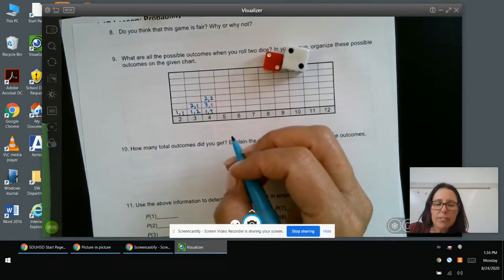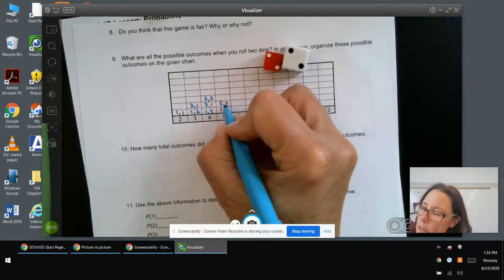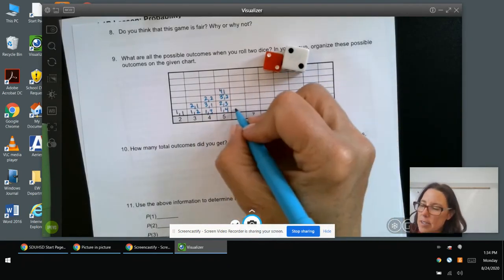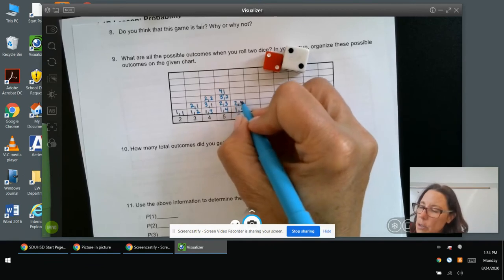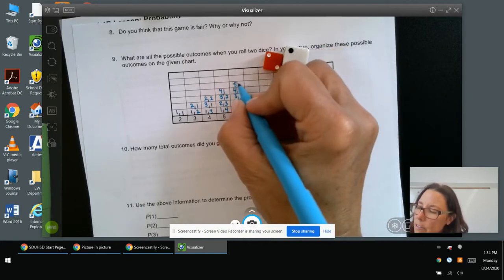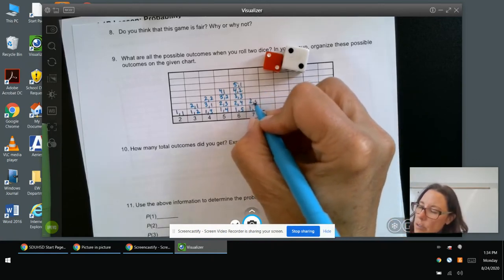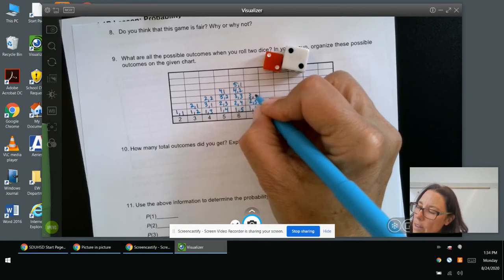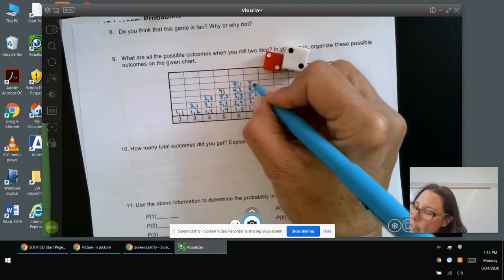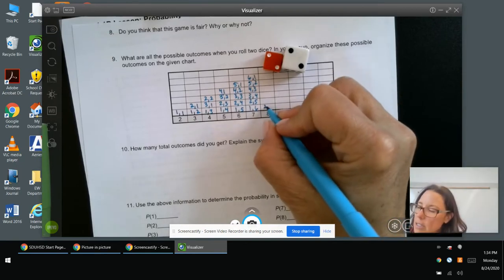All right, for 5: 1, 4, 2, 3, 3, 2, 4, 1. For a 6: 1, 5, 2, 4, 3, 3, 4, 2, 5, 1. For a 7: 1, 6, 2, 5, 3, 4, 4, 3, 5, 2, 6, 1. For an 8: 2 and a 6,